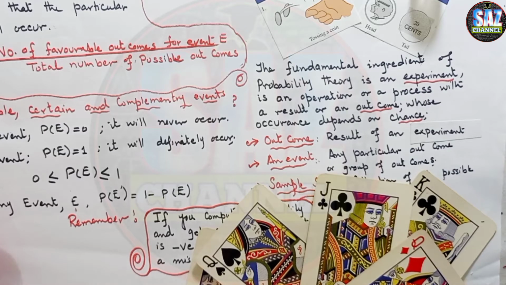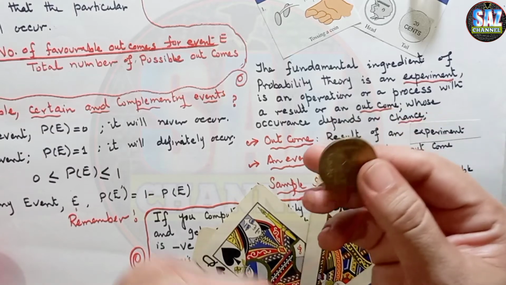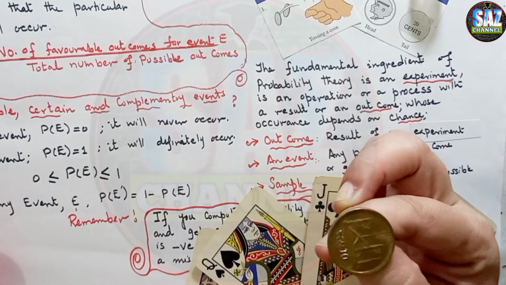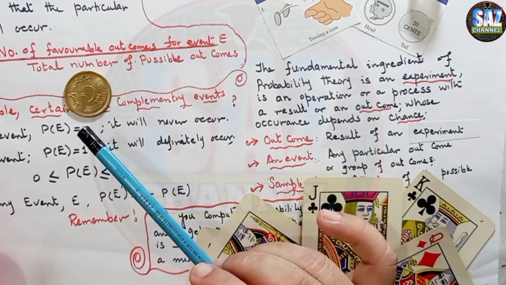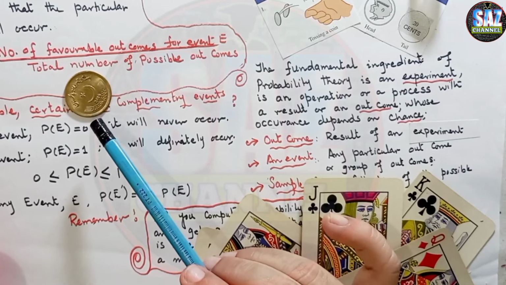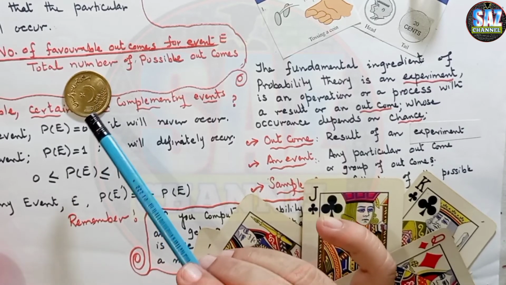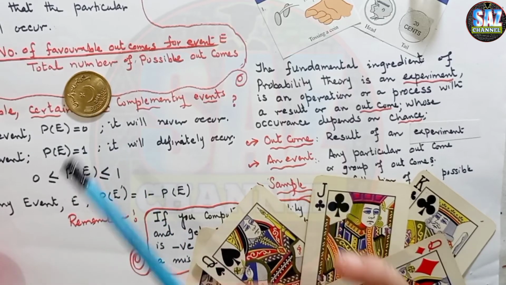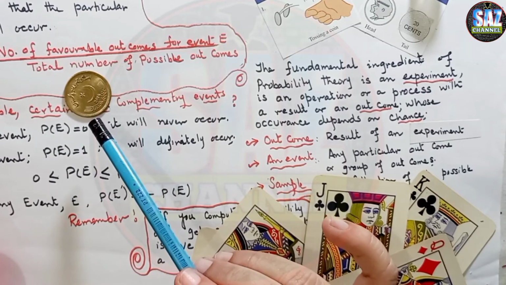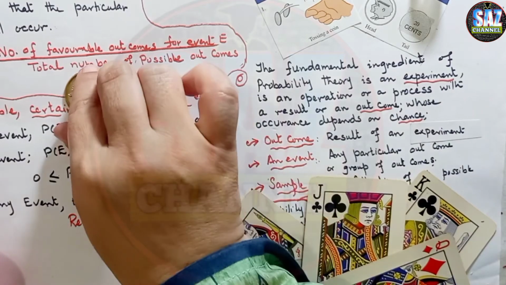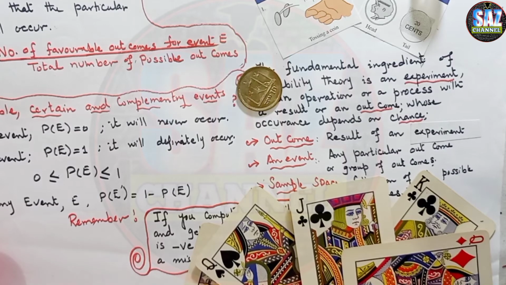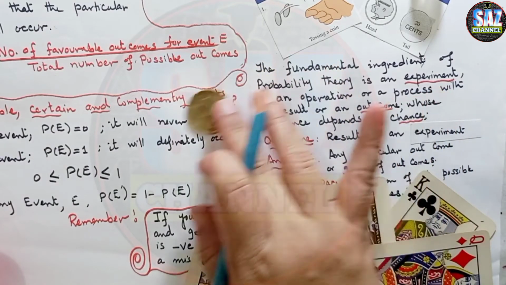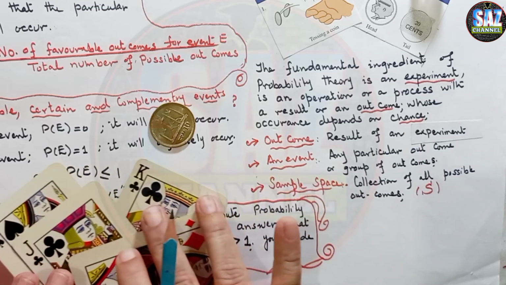Suppose I'm performing an experiment in front of you, that this is the coin and I'm flipping or tossing the coin in front of you. Let's see. The coin has two faces and it is landing on head. The coin has landed on head. So experiment was the tossing of coin, and the result is that either we can have the head on it or we can have the tail on it. And the results of an experiment are called outcomes. So I hope you are clear what the outcomes are. Outcomes are the results of experiment.